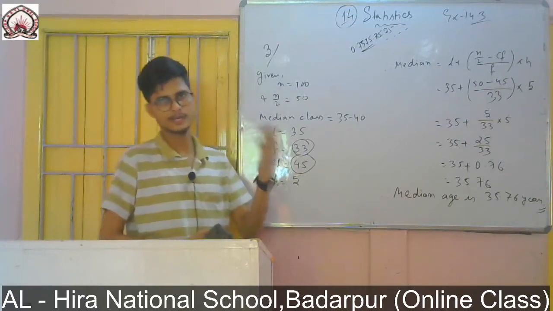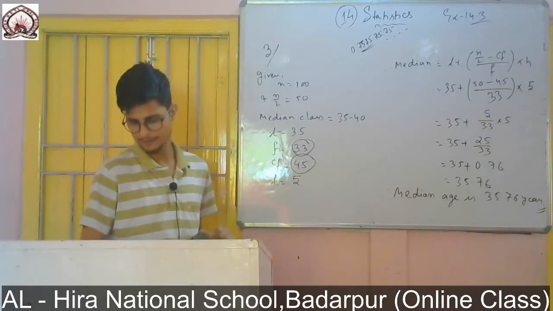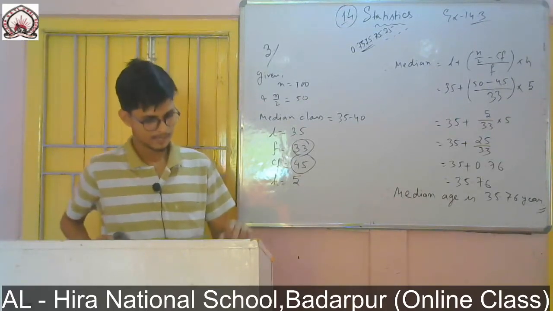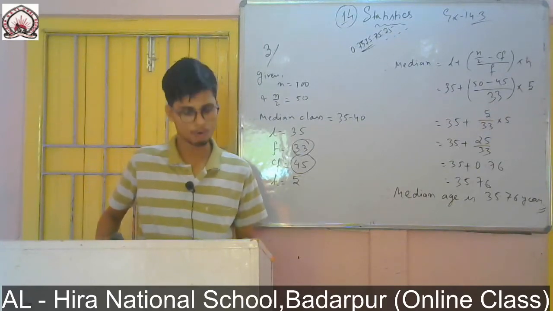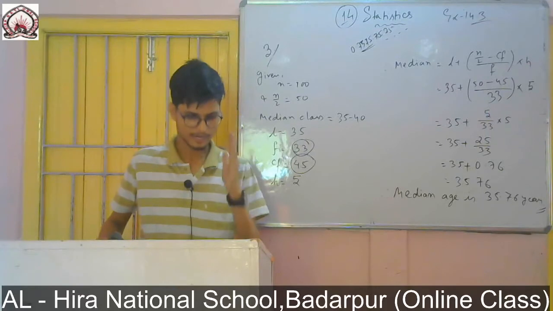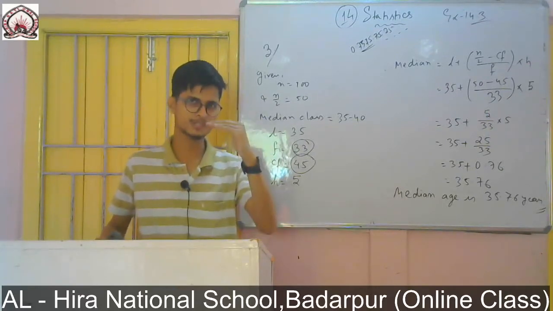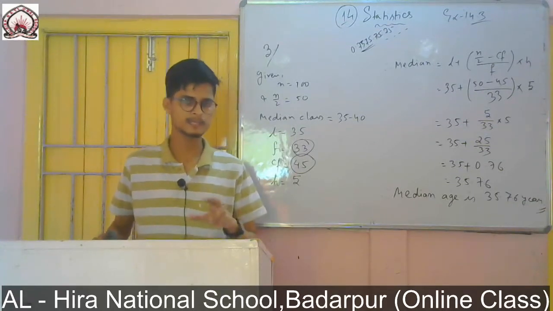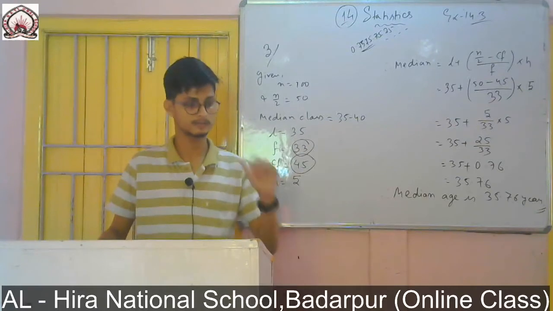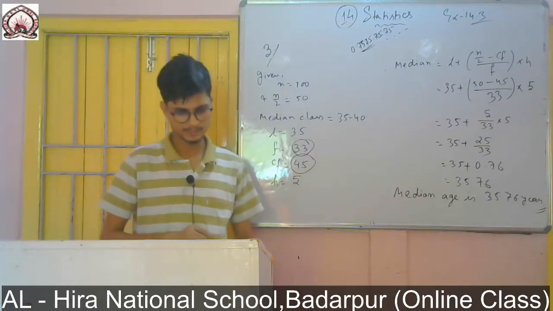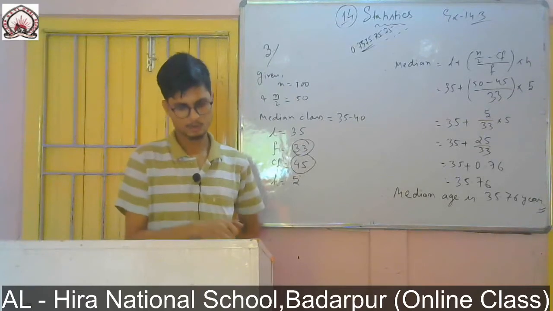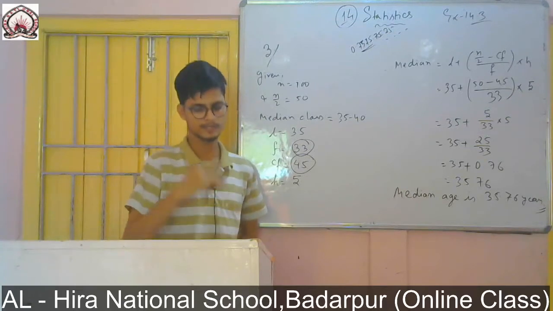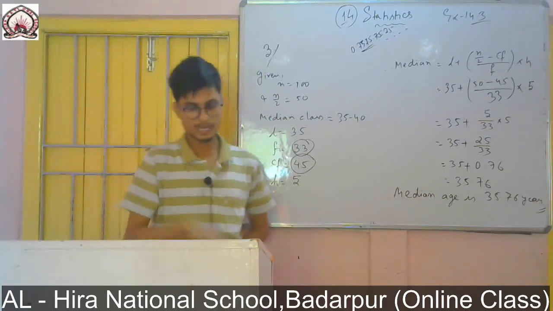For this one also, we first need to make the cumulative frequency, and then we have to calculate it. But you see one thing: here the intervals are not continuous. 118 to 126, the next interval started from 127, not 126. So I have to make this data continuous. We know how to make the interval continuous: from one you subtract 0.5, and to the other we add 0.5.